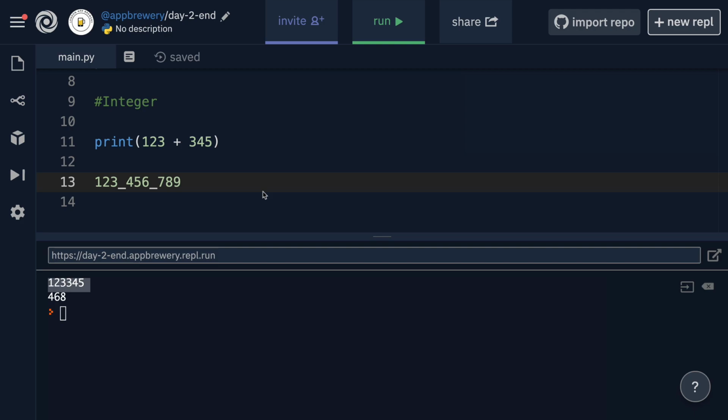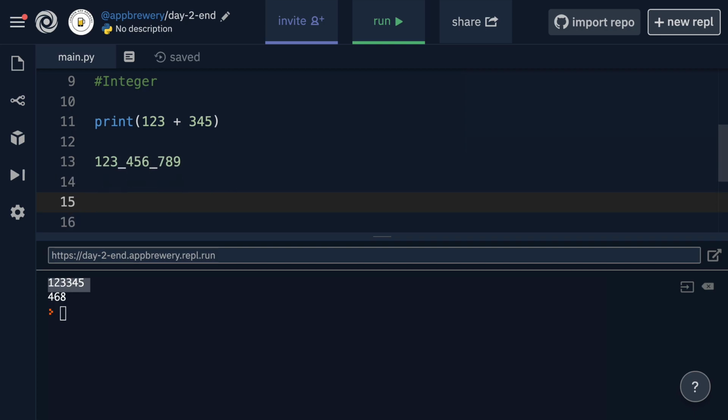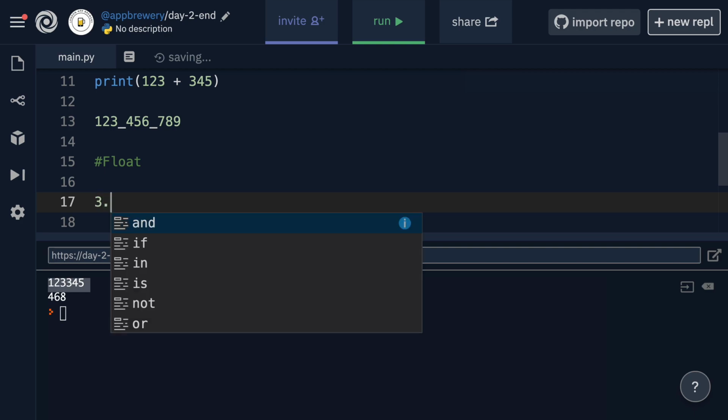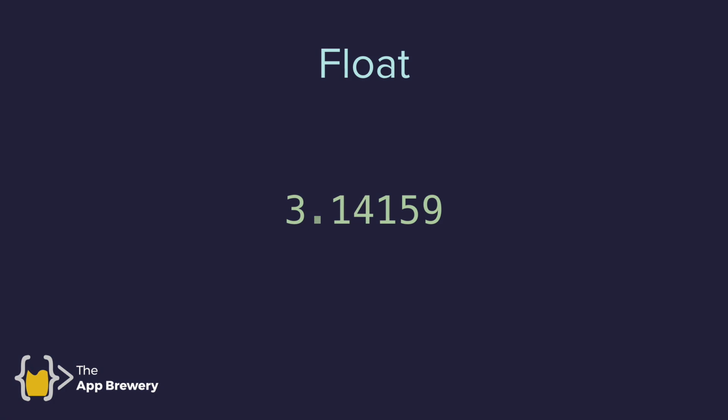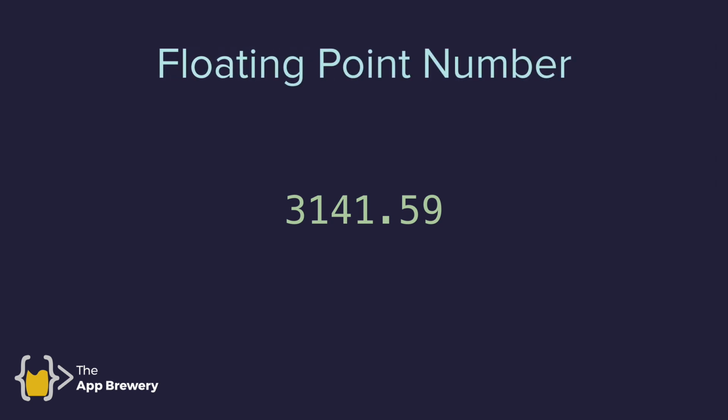So I mentioned that all whole numbers, no matter if they're positive or negative, are called integers in programming. So what do you call it when you actually have decimal places? Well, they're called a float. And this is short for a floating point number. So for example, if you had the numbers of pi, you have 3.14159. And this, because it has a decimal place, is now a float data type. So if you think of the decimal point as being able to float around the number because it could occur at any point, then you've got yourself a floating point number.